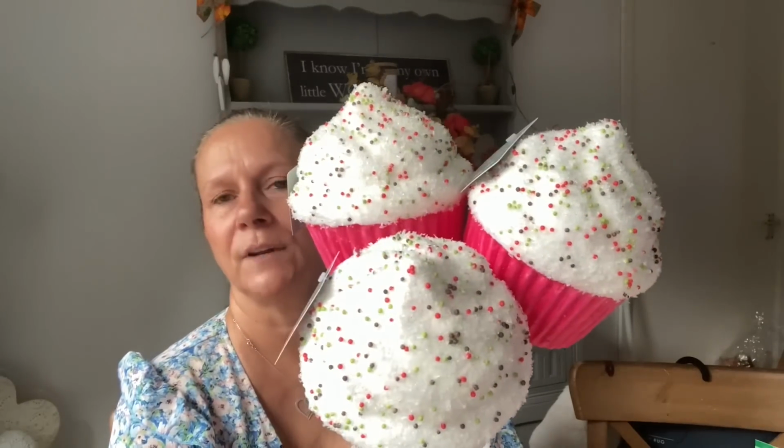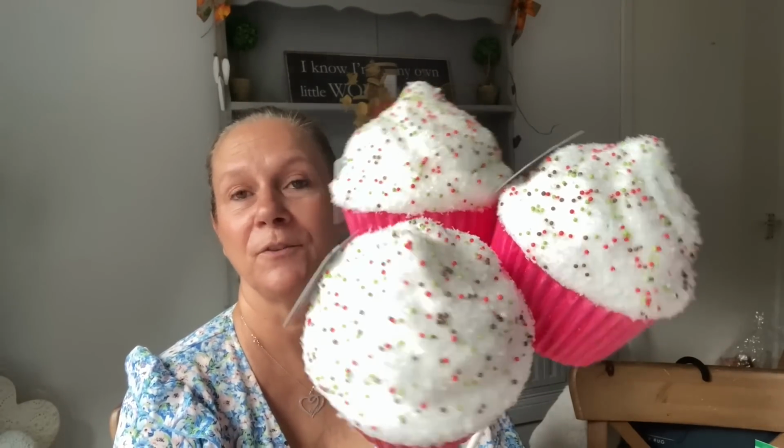If I go back and there's any more, I will pick some more up. I mean, there was some more there, but I left some on the shelves, and I'd already picked up 6 and I've not used them yet. But these are lovely, guys. And I think if you really like your Christmas stuff and your Christmas crafts and stuff,